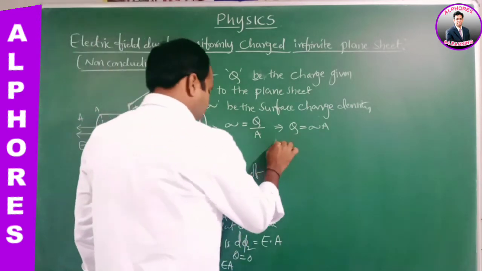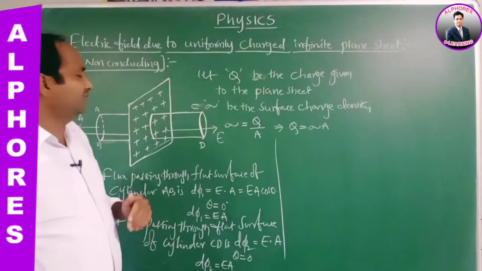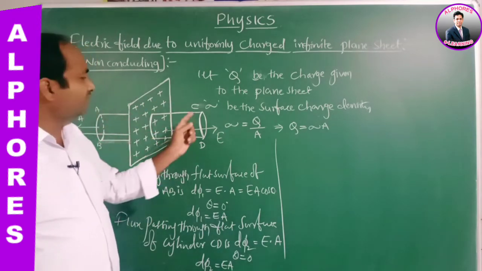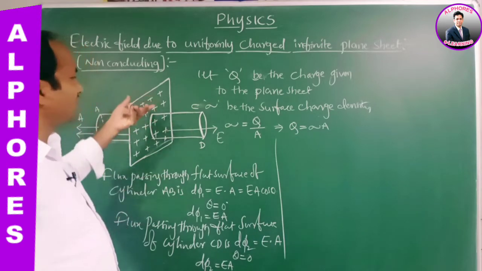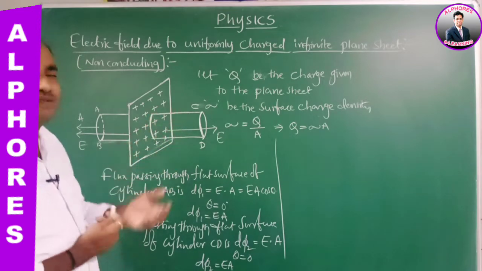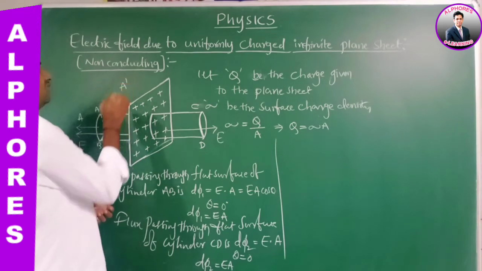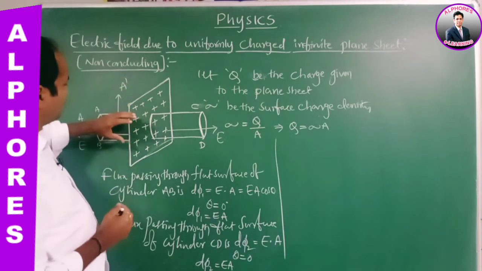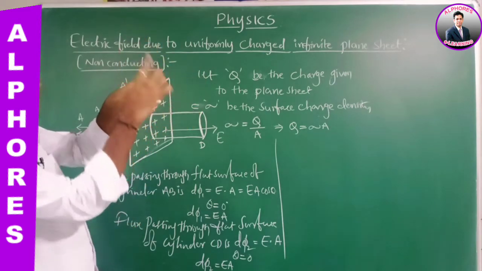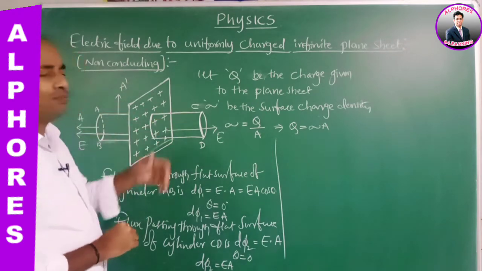Now coming to the third case, calculate the flux passing through the curved part of the cylinder. Flux passing through curved part. AB flat surface completed, CD flat surface completed, remaining the curved part. What is the area vector? What is the area of the curved surface of the cylinder? Let us take some A1 or A dash. Normal is outwards. So this is a flat surface, the cylinder is like this. The normal means along normal and outwards. Let A dash be the area of the curved part of the cylinder.